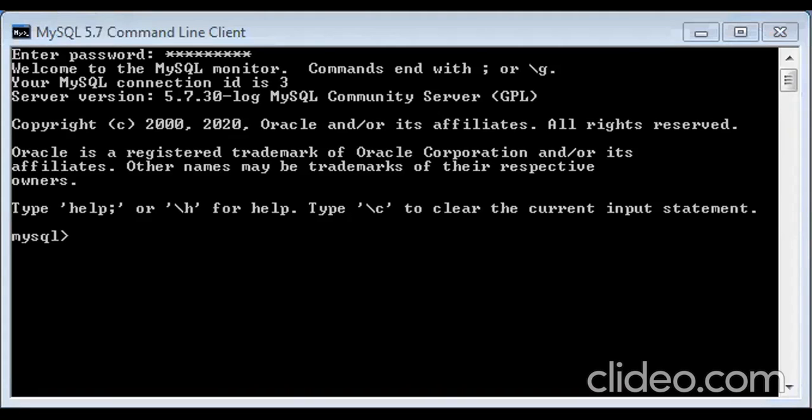Yes, I could see. Yes, Krishna, tell me how should I see my databases? Yesterday also I discussed this. I hope you were there yesterday. How to check my database? I do not remember which database I have, the name of the database, or how many databases I have. How do I check it? Krishna: show databases. Okay, so I will write over here, show databases.